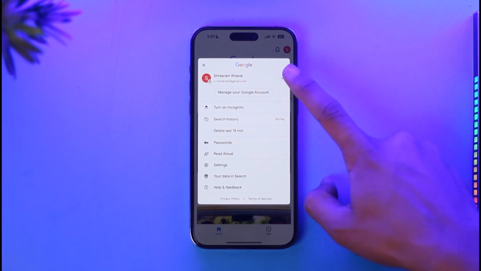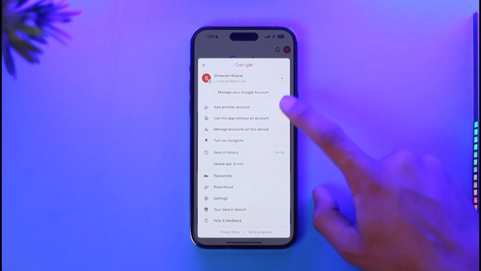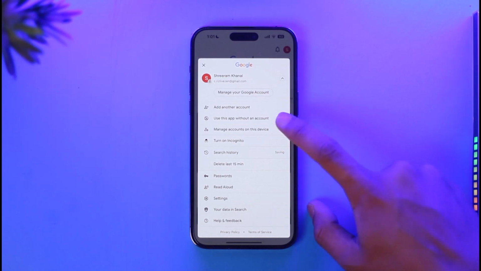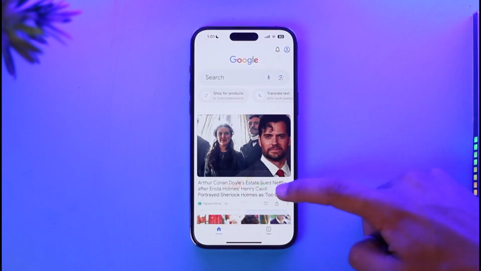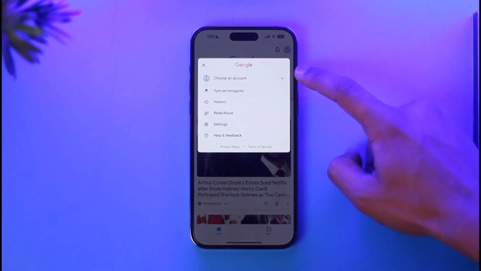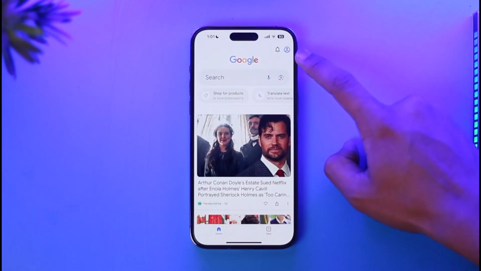Or else what I can also do is tap on this option here, called use this app without an account. So when I select use this app without an account, my Google account will not be synced in over here, and the Google account will be logged out of only the Google app, but my Google account will still remain